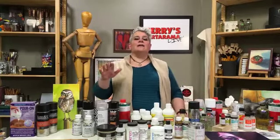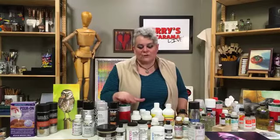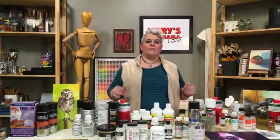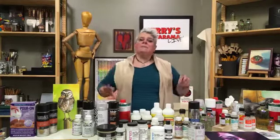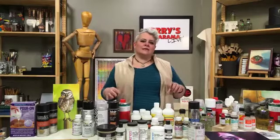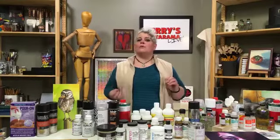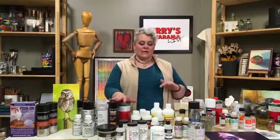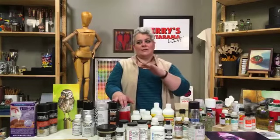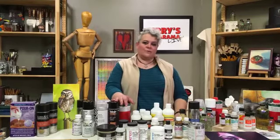Now, that's potentially going to be an issue for you, because even though some of these varnishes are removable, you have to remember that even though it's an acrylic gouache and it's acrylic, it's still got such a low resin count that it can sometimes be lifted a little. It is not totally waterproof like an acrylic is once you put it down. So you're going to want to put maybe a